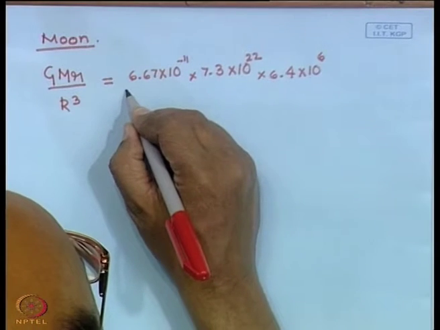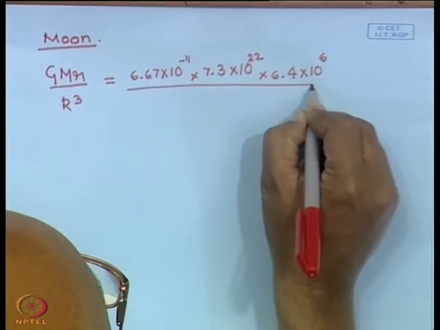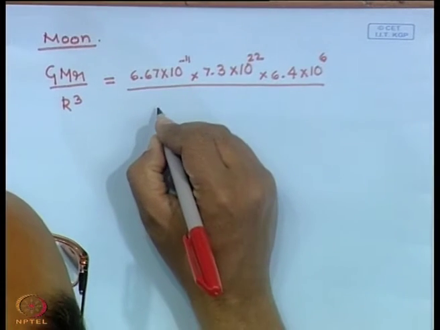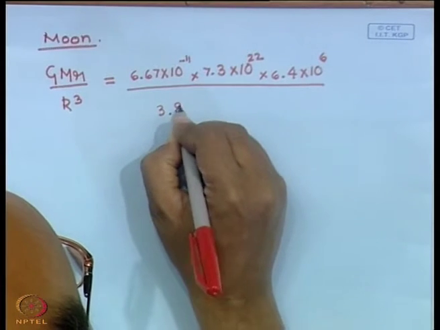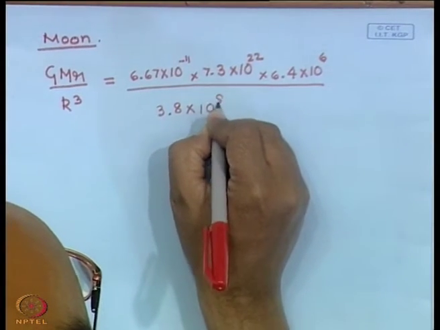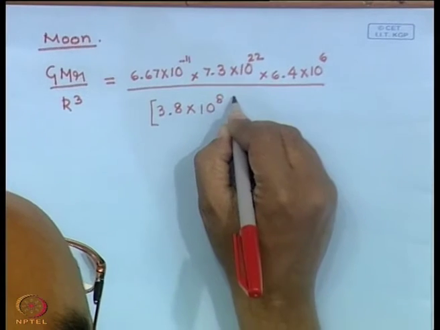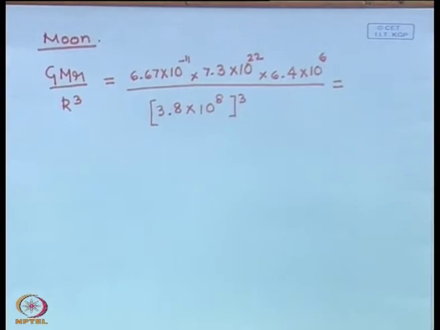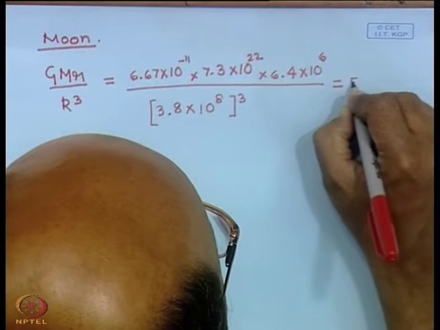And I have to divide this by the radius of the moon's orbit around the earth, which again we have just seen, it is 3.8 into 10 to the power 8 meters. So I have to cube this, and this will come out to be in units of acceleration, meters per second square. And if you just do this division, what you get is that this comes out to be